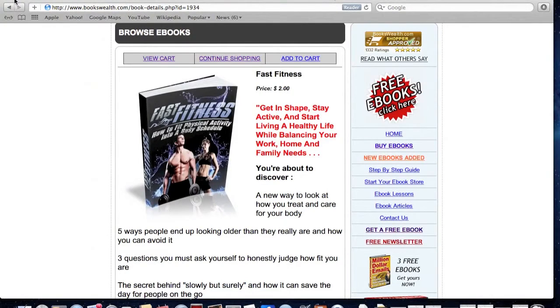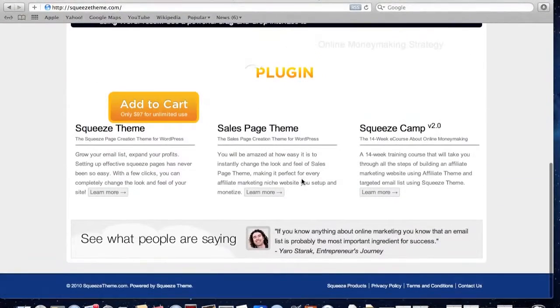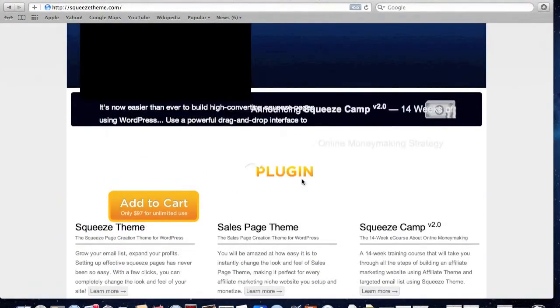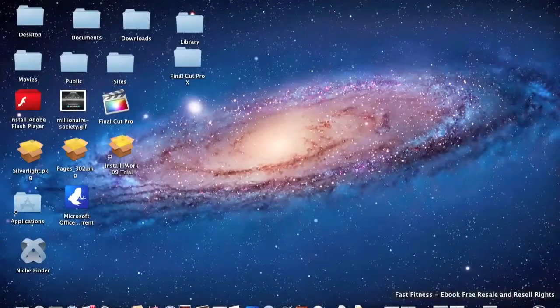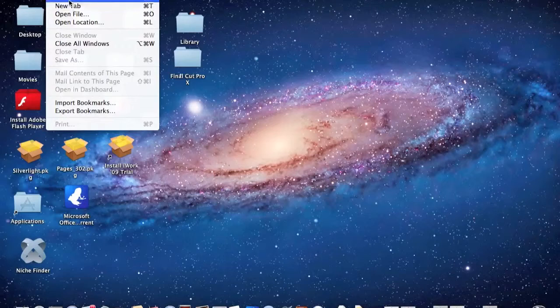So moving away from Books Wealth, you've now got your squeeze page set up. The next part would be to get your opt-in list, your opt-in form, which is going to collect all this data, and that is done through MailChimp. So I'm just going to open up another window